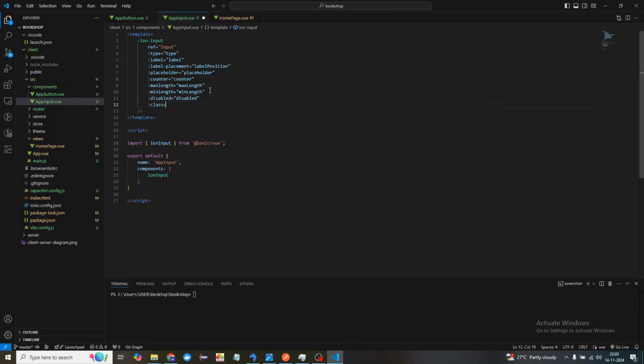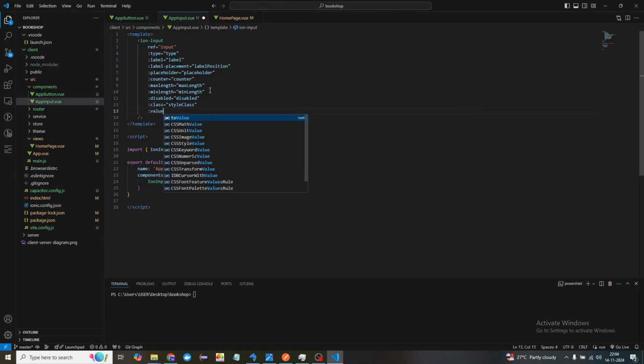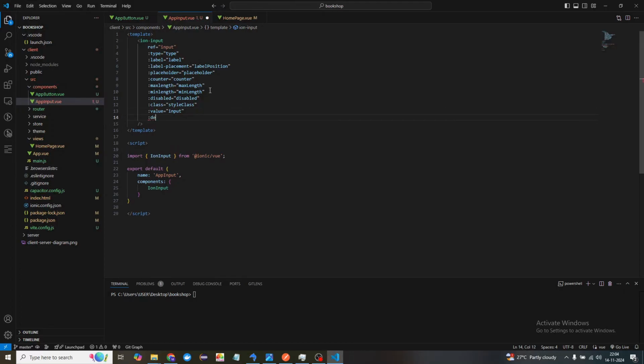And then we have class. We should be able to bind class dynamically as well. In this, I am going to bind style class, all right, property name. And then we'll have the default value also. So what I'm going to do is take the value in the input props, and we have a couple more